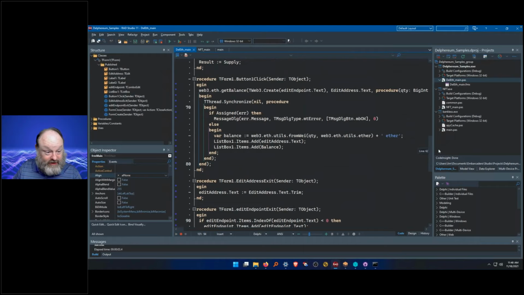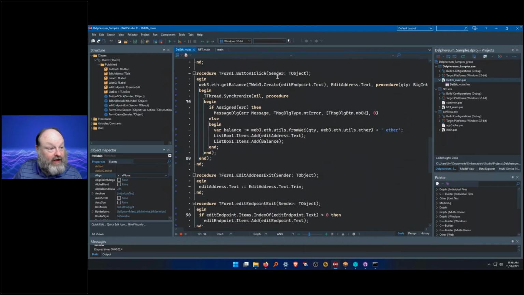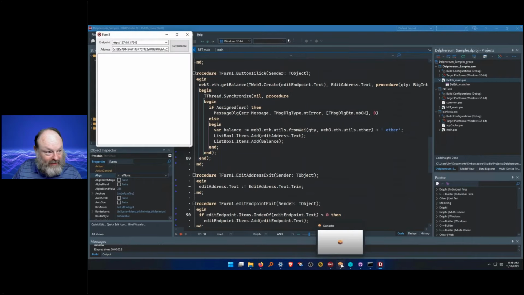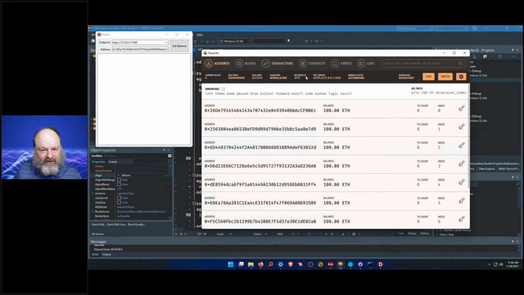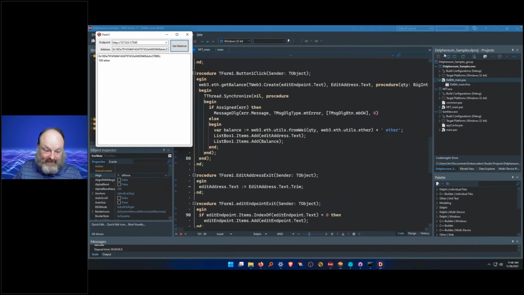So there's the code I just showed you there on the click event, and we'll run this. Right now I'm connected to Ganache. I can't remember how to pronounce this. This is a trial one that you can run, if you just want to have a test instance to connect to, you can do that. I hit get balance, and that is this address, and it says, yep, there's 100 there. All right, not very interesting, but we can go